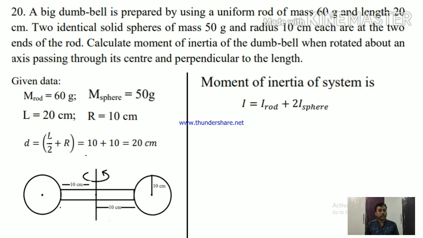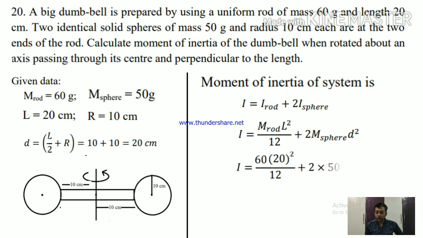But these two spheres are same, so 2 into moment of inertia of sphere. So I is equal to I rod plus 2I sphere. Now if we put the values, moment of inertia of rod is m rod L square upon 12 plus moment of inertia of sphere is m sphere into d square, where d is the distance of center from axis of rotation. Now if we put the values, 60 into 20 square upon 12, 60 is the mass of rod, mass of sphere is 50, so here is 50, d is 20, we get 2000 plus 40,000, that is 42,000,